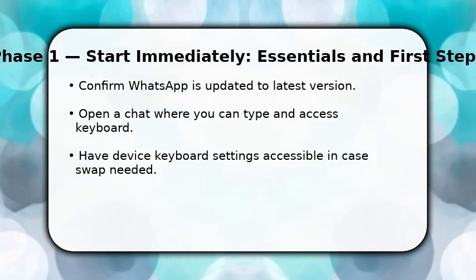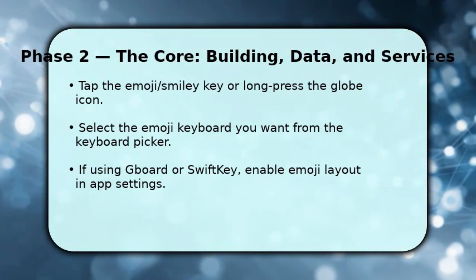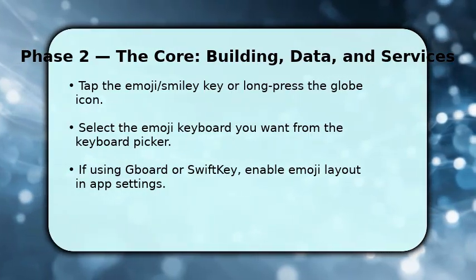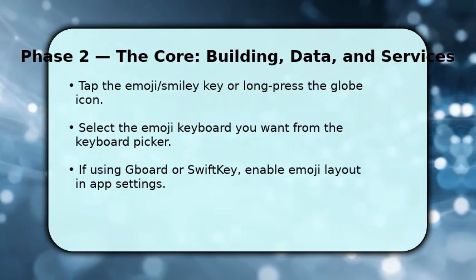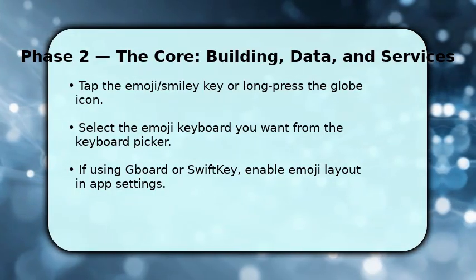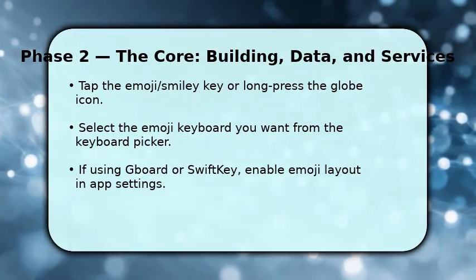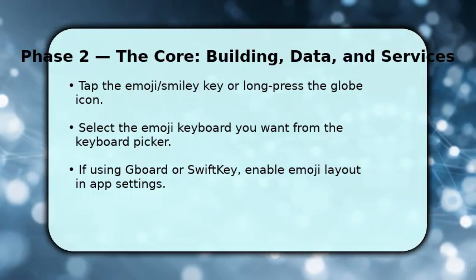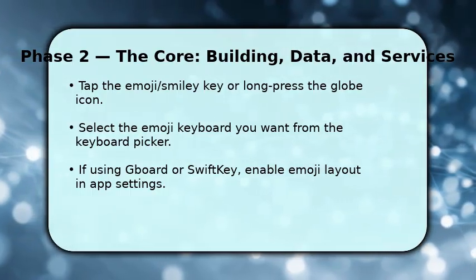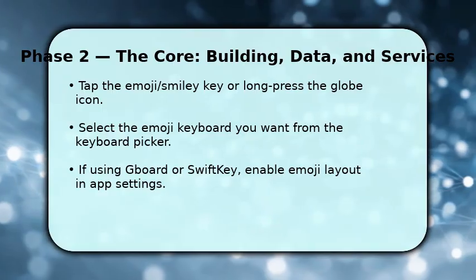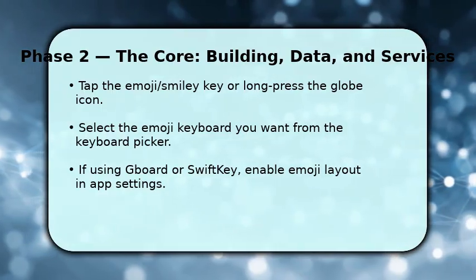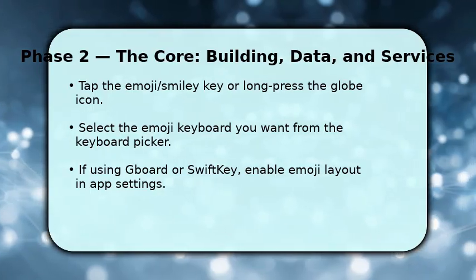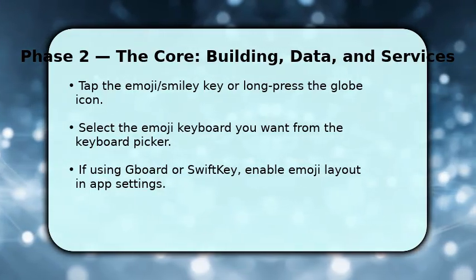by permissions. Now you switch keyboards. Tap the emoji icon or long press the globe to open the keyboard picker. This shows installed keyboards and emoji layouts. Choose the new emoji keyboard you installed, for example, Gboard's emoji panel or a custom emoji app. If it's not visible, open the keyboard app settings, enable its emoji pack, and return to WhatsApp. The picker should refresh. Make sure to grant any requested keyboard permissions so the emoji keyboard can load stickers, search,